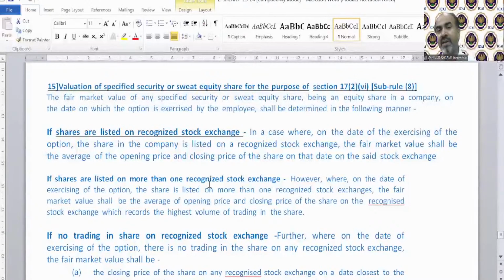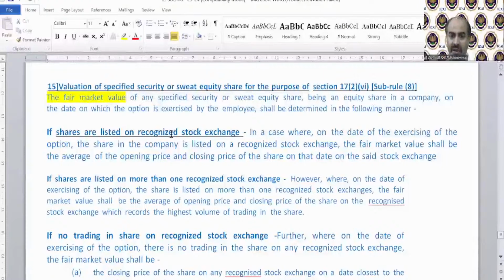How do we find the taxable value? The provision says whatever the FMV is will be the taxable value. It's as simple as that. You are an employee of a company and the company provides you 1000 sweat equity shares free of cost. Their market value is 200 rupees per equity share. So what is the taxable value? 1000 into 200. Simple. That is going to be your taxable value, that is 2 lakh rupees. And if the employer charges 10,000 for it, then 2 lakh minus 10,000, 1,90,000 is going to be the taxable value